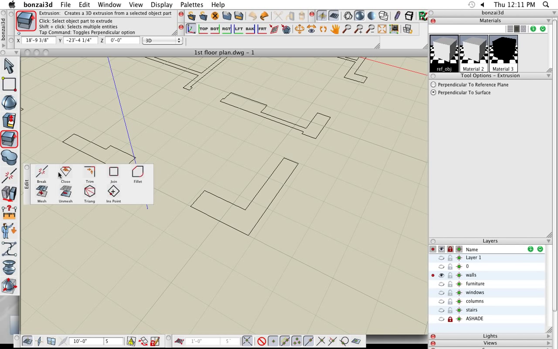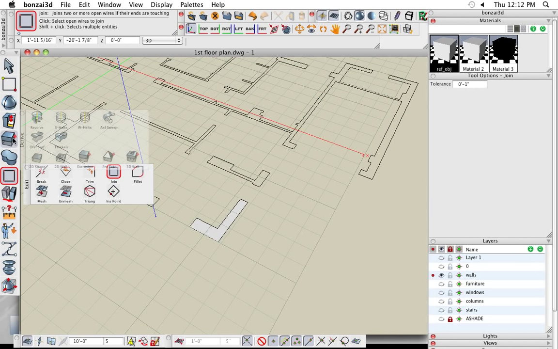So we can join, break, and trim lines, things like that. Let's use the join line option. You can see I can join those two lines together. I can join those two lines with that line. I can join that joined group of segments with this line over here, and I just keep joining those lines together. Now notice as I join those together, I click on those two, it ends up forming a single closed